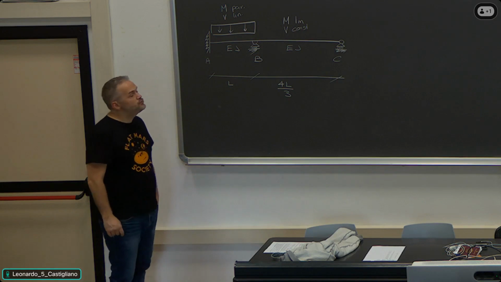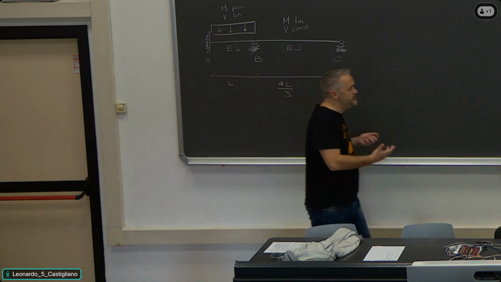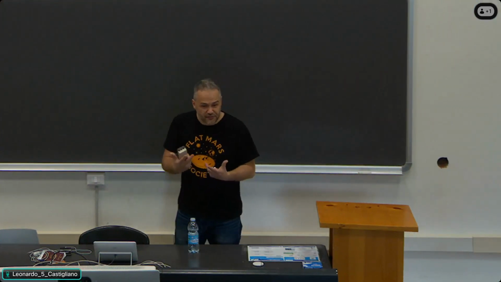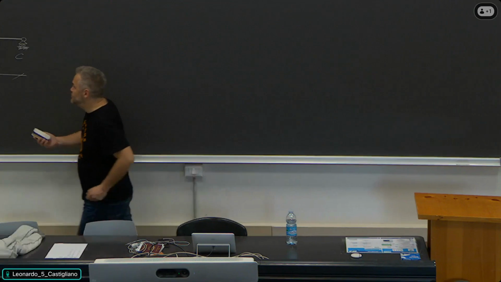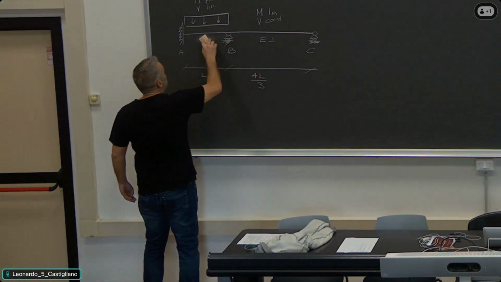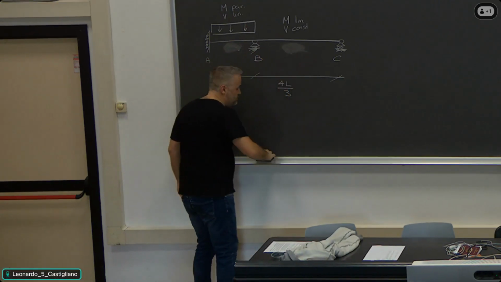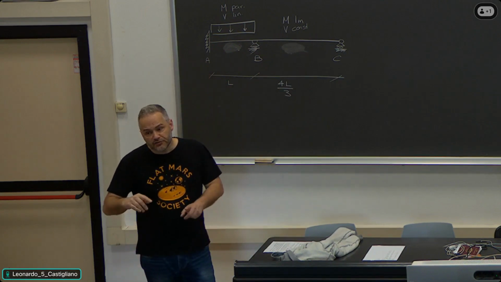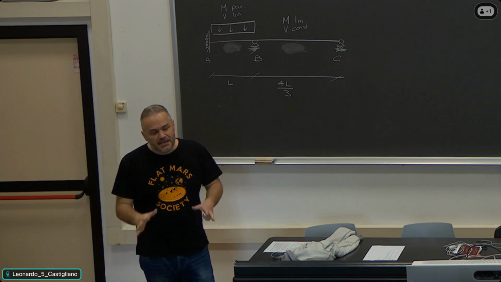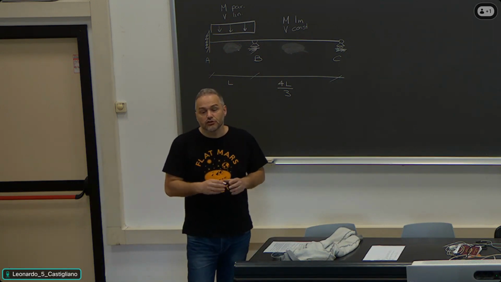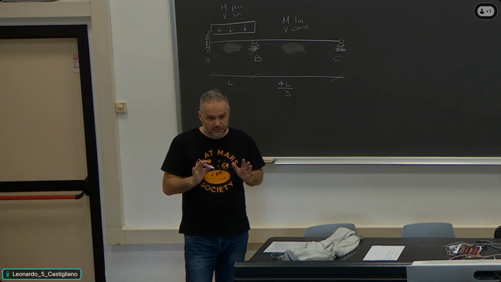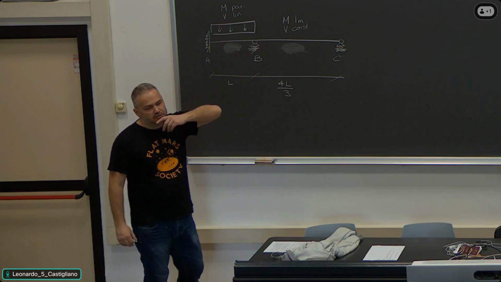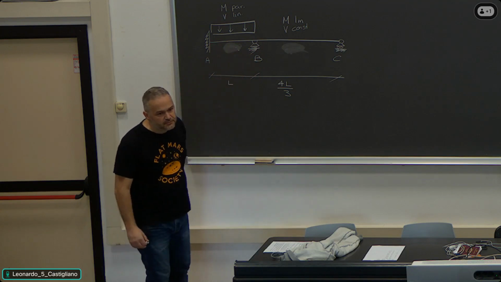Then, what else could guide me through the solution? Another thing which can guide me through the solution is if I think about what the deformed shape may look like. Because the deformed shape is based on the restraints, on the position of the load, and most importantly, on the position of the contraflexure points, it may guide you on the likely distribution of the bending moment. Okay? What will the deformed shape of such a structure look like? First of all,